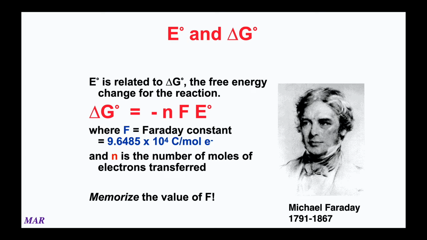F is what they call the Faraday Constant, and it represents 96,485 coulombs per mole of electrons, or if you wanted to use scientific notation, 9.6485 times 10 to the fourth coulombs per mole of electrons. N is the number of moles of electrons transferred. So that'll be something we'll talk about here in a little bit. And if you multiply N and F by the cell potential and put a negative sign in front of it,